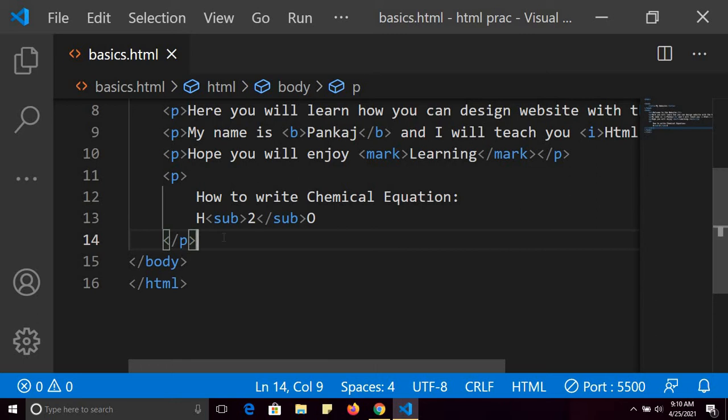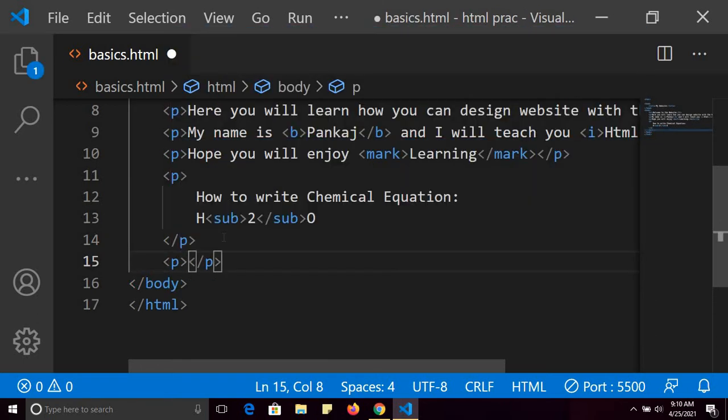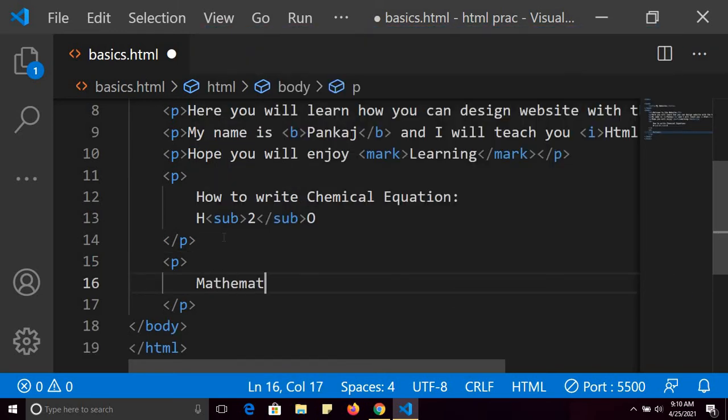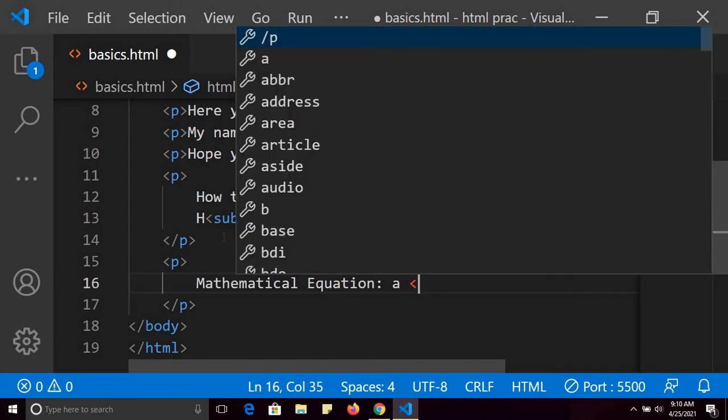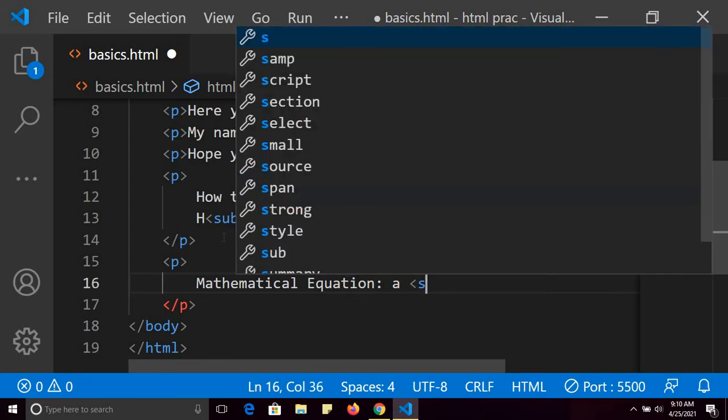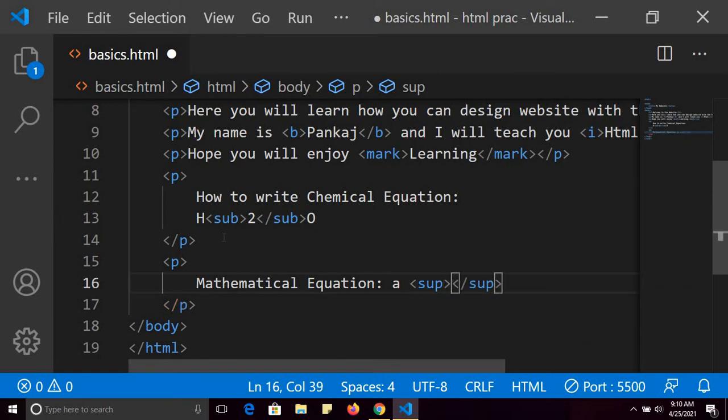And if you want to write a mathematical equation, for example a square, then you have to use the sup tag. This is just to give you an idea how you can write.